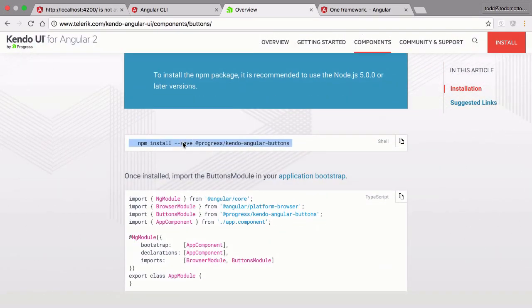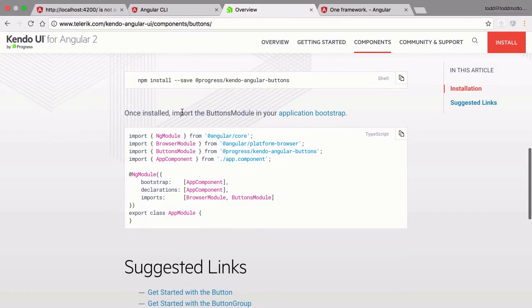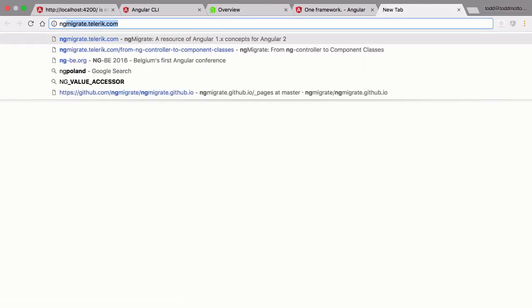So we've already done the npm install here. And again, our setup guide is really helpful here. We've got the embeds with the live code. So it says once installed, import the buttons module into your application bootstrap. So for those that haven't covered the application bootstrap, you can find out how to bootstrap an Angular application on one of our websites, which is